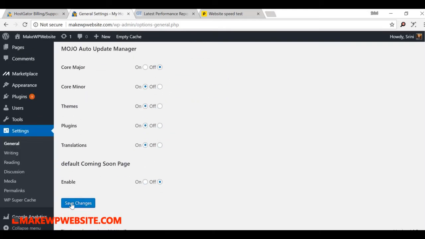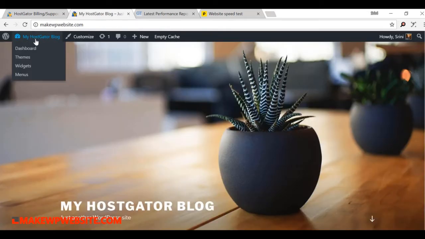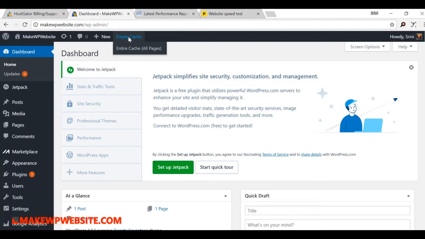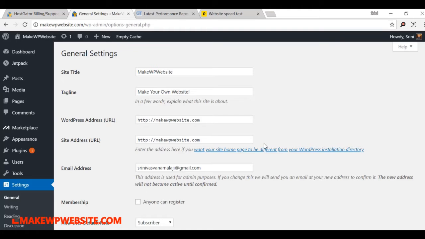Okay, so let's save this. You might see it's not been changed. The reason behind this is because our pages are cached and we have a CDN, that is basically the content delivery network, which means our pages are cached at different server levels. Just to make sure the page is displayed faster, you have cached files sitting around all the servers. So it will take some time to reflect in the servers. And sometimes you can click on empty cache. So we'll empty the cache. Okay, so that was one way of changing the site title and the tagline.